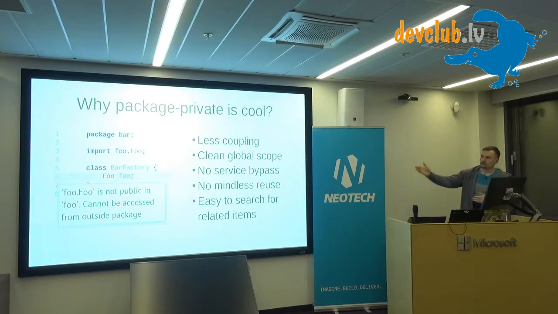And well, the first thing, how that would work: if I for some reason wanted, from the bar factory, to request the full object, I would get an error that, hey, it's not public, you can't use it. Well, that's obvious, but the point is, why should I in the bar factory do something with full objects? It's actually the full domain entity, and I shouldn't access that. And there are a lot of reasons. Like, first of all, less coupling.